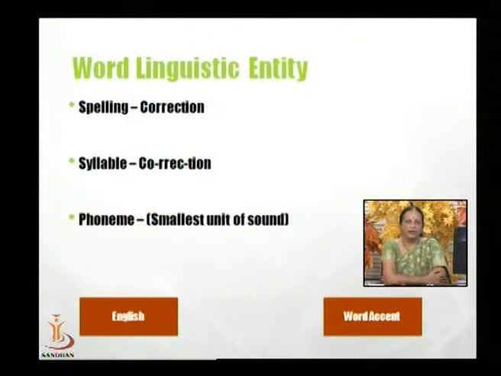In the English language, when you see it written, you know that there are gaps. There is space between two words. How can I divide a word? A word can be divided into the number of letters that you find. That is the spelling. So if I look at a word like correction, and if you know the correct spelling, which I'm sure all of you do, you know that you will count the number of letters and tell me